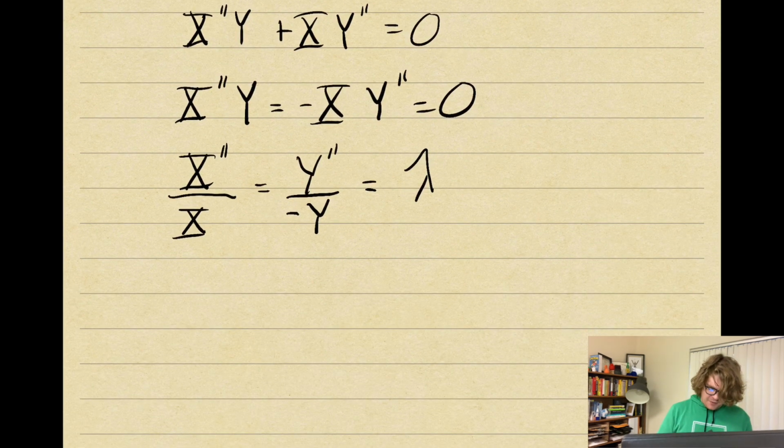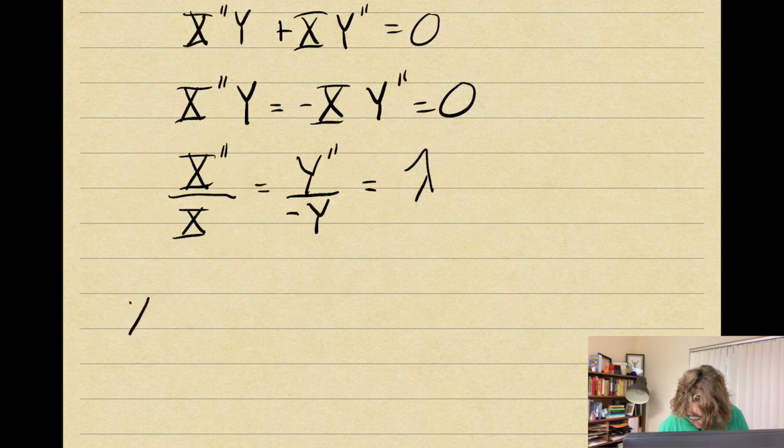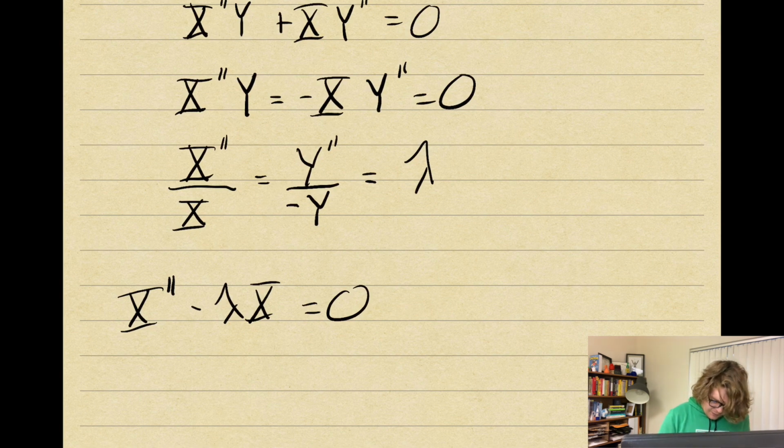So now we can go ahead and turn this into two ordinary differential equations. We can take the first grouping, X double prime over X being equal to lambda, and we could write that as X double prime minus lambda X equals 0. And we can write our second grouping as Y double prime